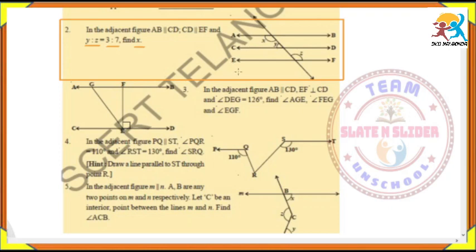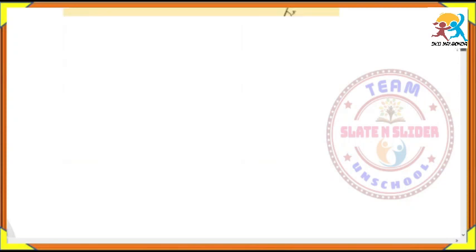This is the figure. Just observe this figure. We have three lines. The three lines are parallel, and these three lines are intersected by another line, and here we have some angles. The three angles are named x, y and z. We have to find the value of x, and we are given y is to z equal to 3 is to 7. Let us discuss that one.